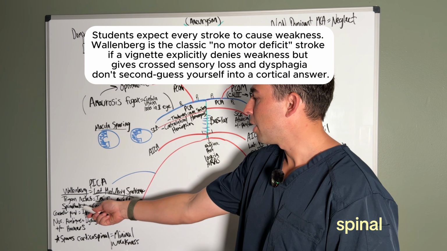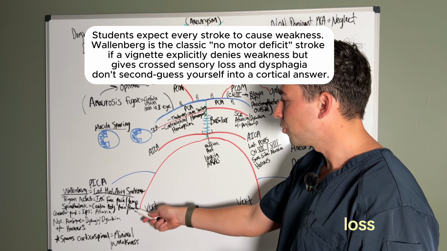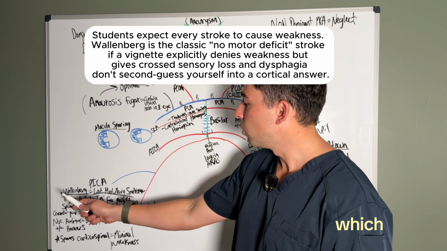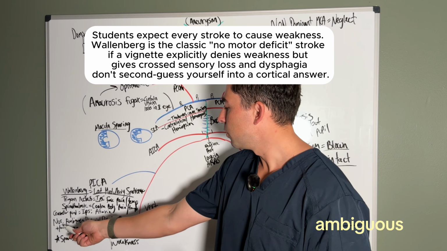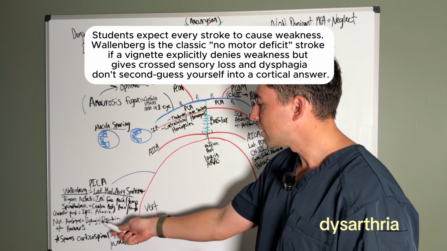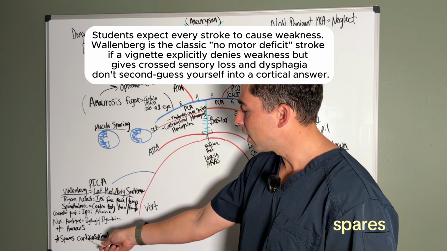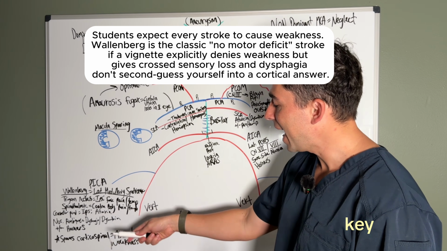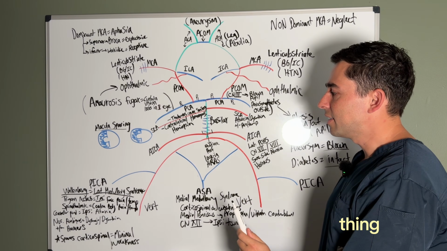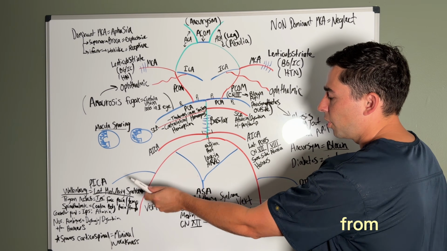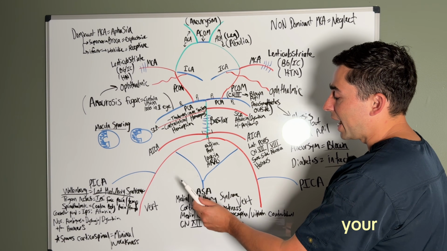Spinothalamic tract in the spinal cord, which means contralateral body, pain and temperature loss. Cerebellar peduncle, which means ipsilateral ataxia or dysmetria. Your nucleus ambiguus, which means dysphagia and dysarthria. Plus or minus a Horner syndrome, but relatively spares the corticospinal tract, so the key absence is there's usually minimal weakness. The key thing to distinguish lateral medullary syndrome is from medial medullary syndrome, which is from your ASA, which